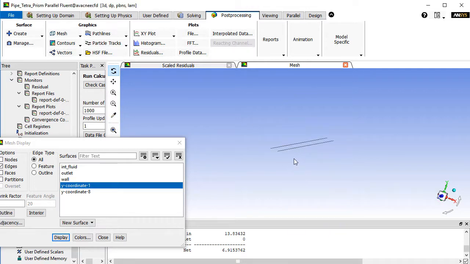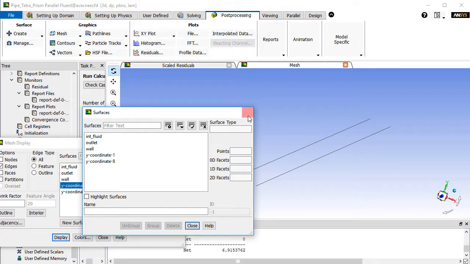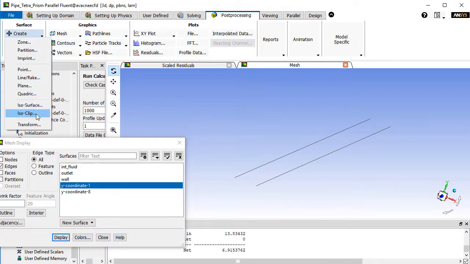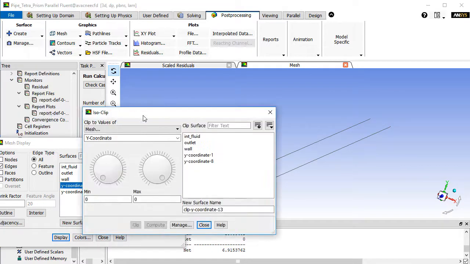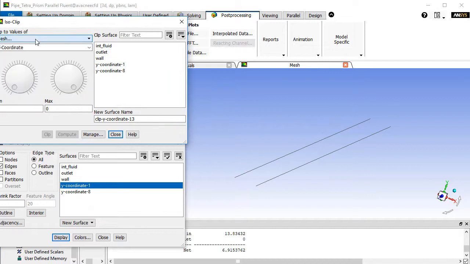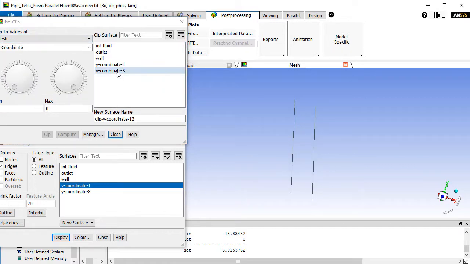Next thing is that I want to convert these two lines to one line only, because I just need this line or this line, and on both lines the skin friction coefficient should be the same. So I can go to manage again, to create, and from here I will click on the iso clip. This will just choose some dimensions within the range. So let's say I want to choose the y coordinate 8, and this is along the x-axis.